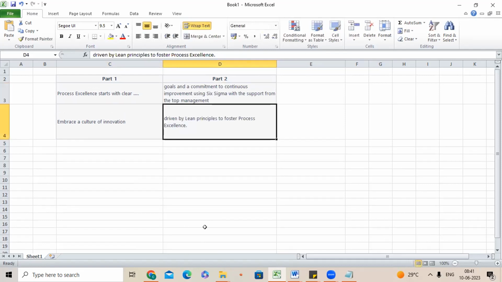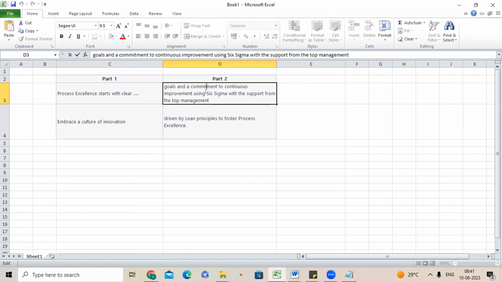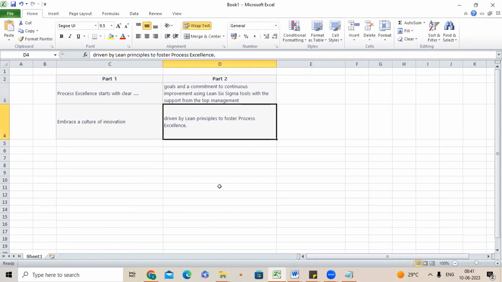Using Six Sigma tools, Lean Six Sigma tools. So you sit and you idealize what it should be, and then you redo the prompt with these 2 examples. And since you already have a table, you could put more examples.